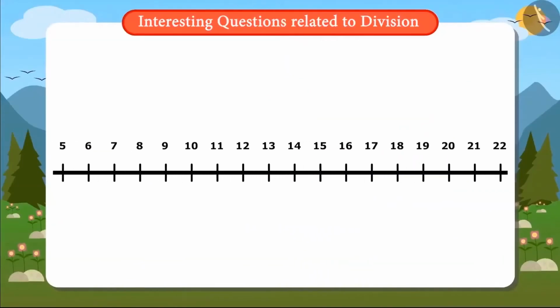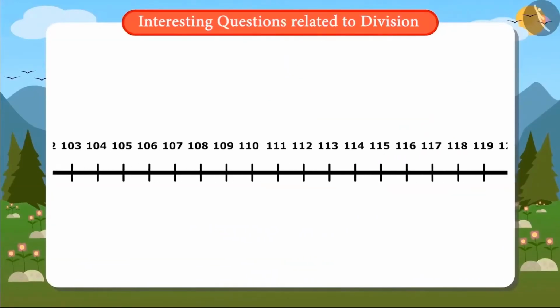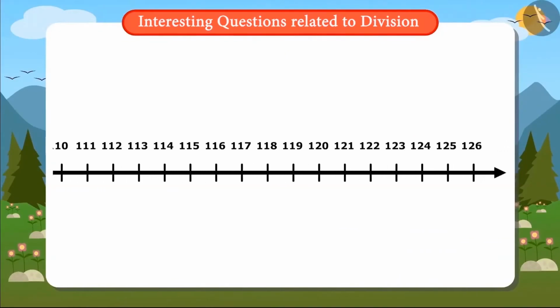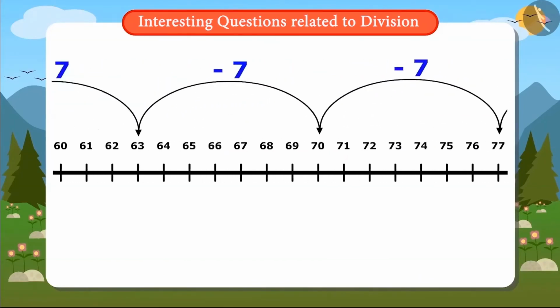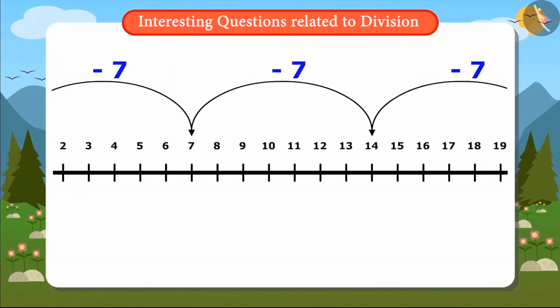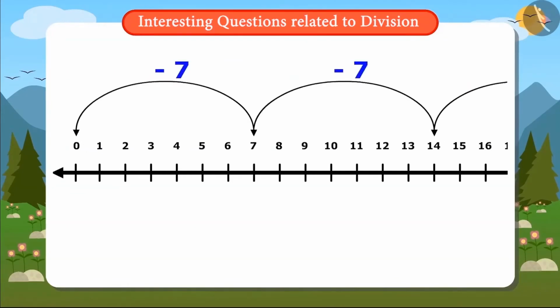To solve this question, I have come up with a technique. I will write 126 on a number line. And now if I minus 7 from 126, I got to know that after one day, I will be left with 119 rupees. Now I will subtract 7 from 119. The answer is 112. By this I get to know that after 2 days, I will be left with only 112 rupees. Likewise, I will keep subtracting 7 on this number line till I don't reach the figure 0. So once I reach the digit 0, that will mean all my pocket money is spent.